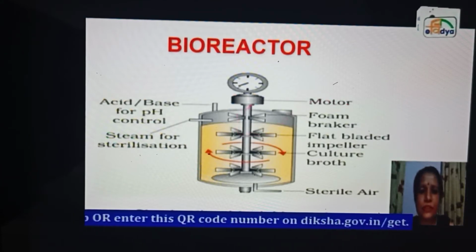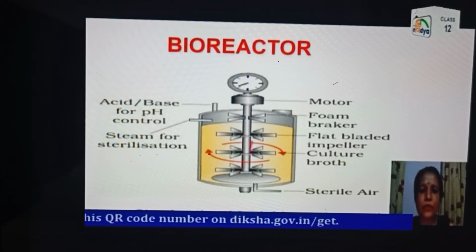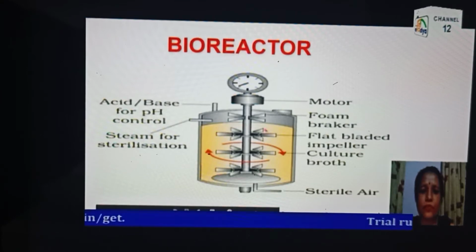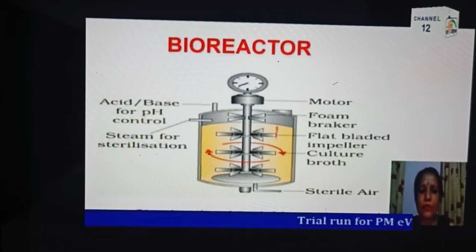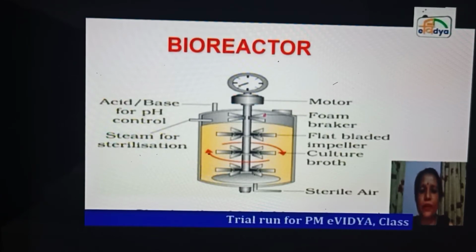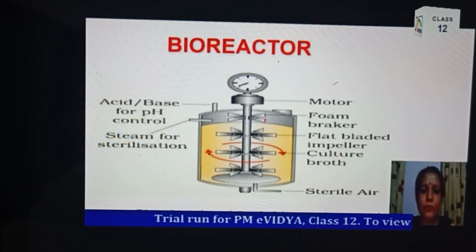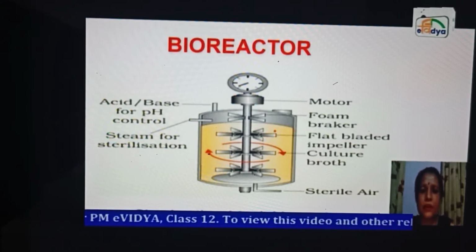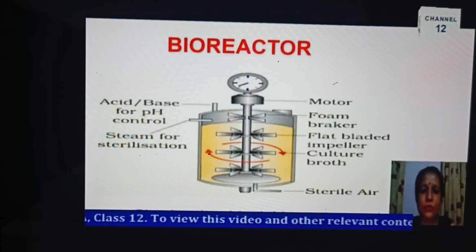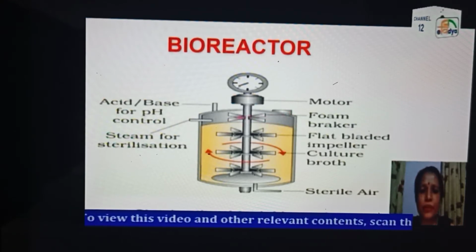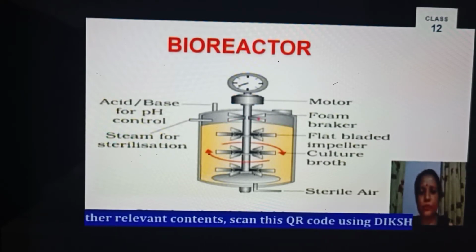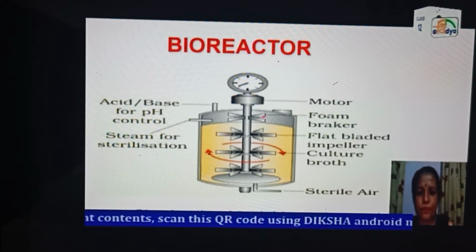There is an agitator inside the bioreactor. It is fitted with a motor and it has blades. The lower blades help in even mixing of the contents and the oxygen, whereas the upper one is the foam breaker. As foam will be formed due to the reactions of these microorganisms, this foam has to be broken down continuously, otherwise it will accumulate here. As a result, oxygen will not be supplied to all the microorganisms, so it breaks the foam.